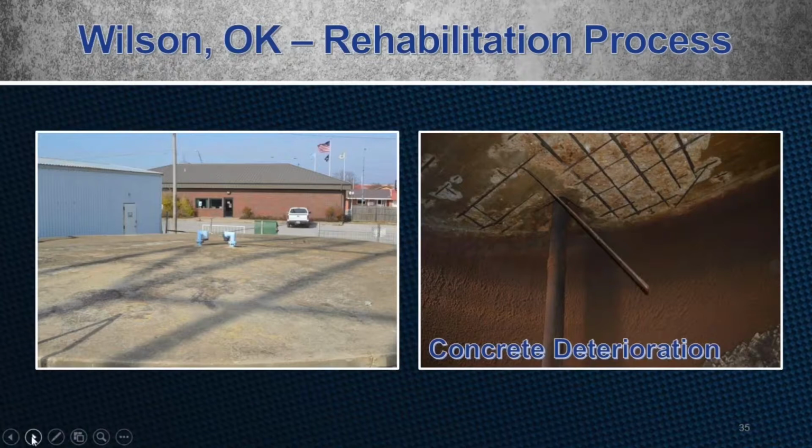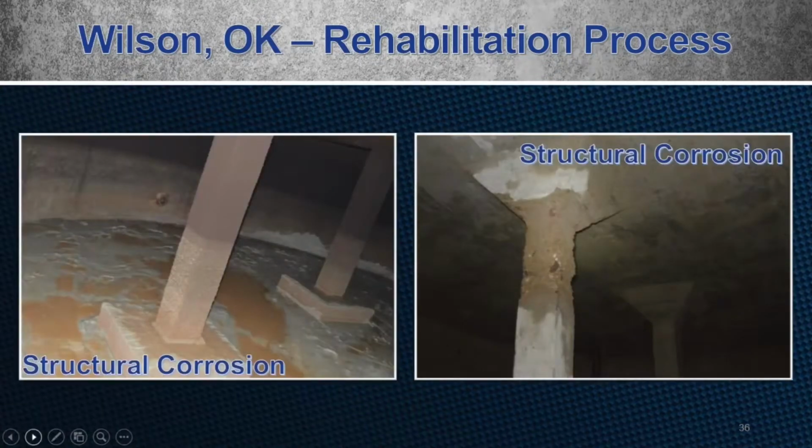Two of these four 80,000-gallon tanks were badly deteriorated, resulting in exposed rebar, like we just said. One of these tanks was so bad it was taken out of commission due to excessive leaking, which required the town to spend $4,000 a month to purchase water from a neighboring town in order to meet their